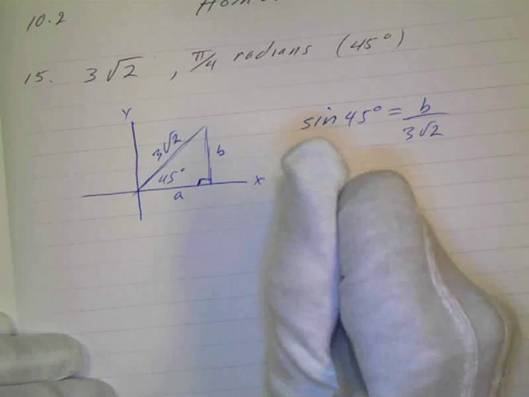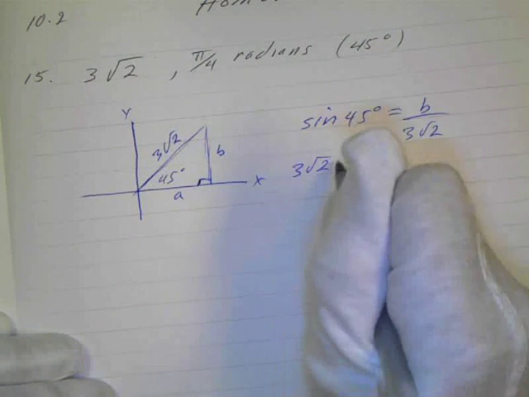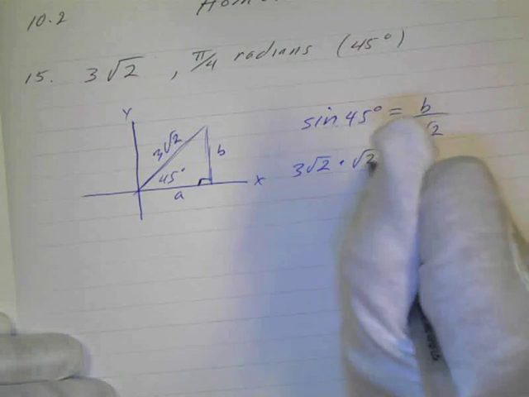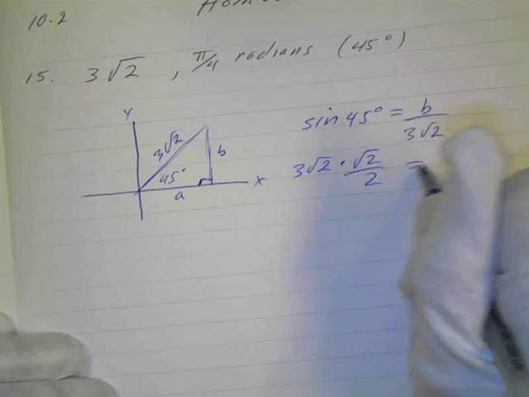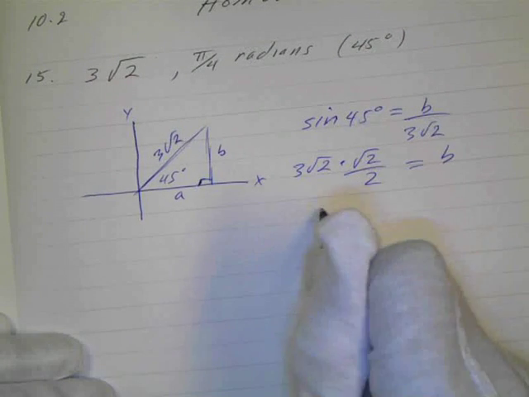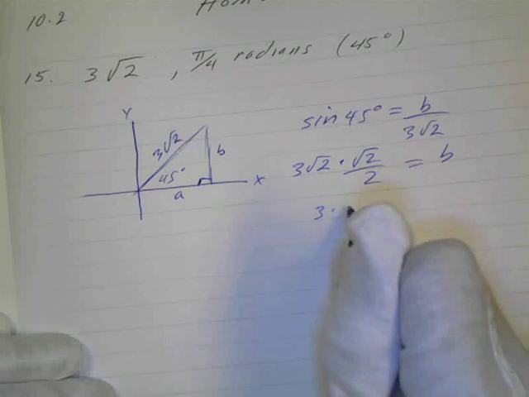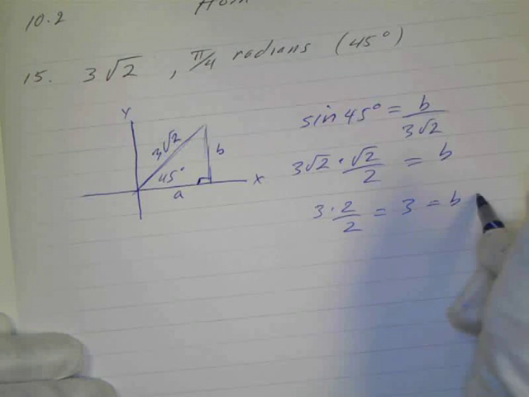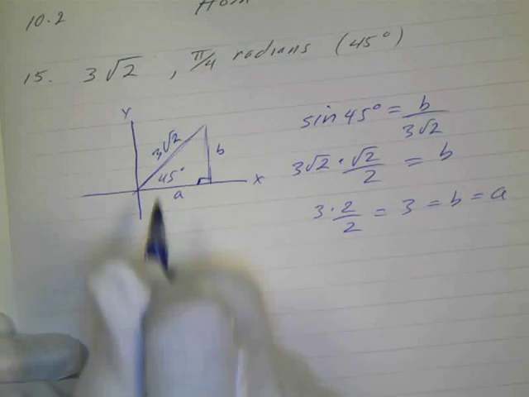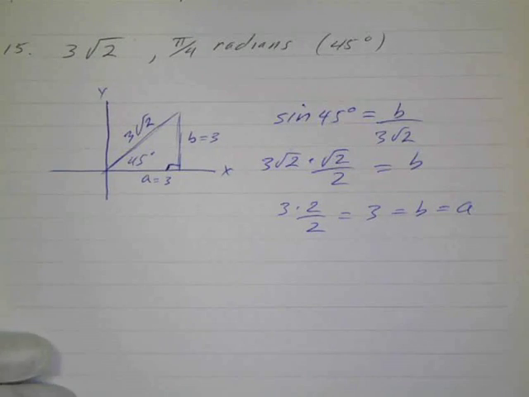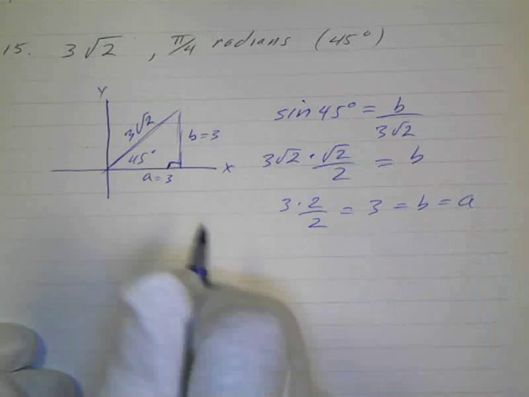And you can multiply both sides, so we get 3 times the square root of 2 times the sine of 45 degrees, which is square root of 2 over 2. And that equals B, which is also A. Well, that's going to be 3 times, and square root of 2 times square root of 2 is 2 over 2, which is just 3. So that equals B, which also equals A. So these are both equal to 3. All right? So my component form is just